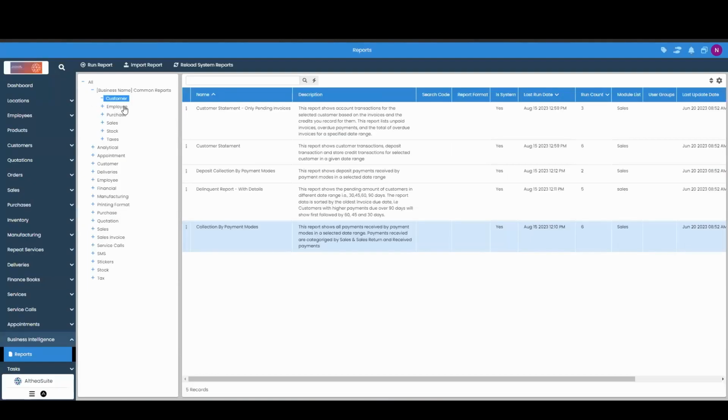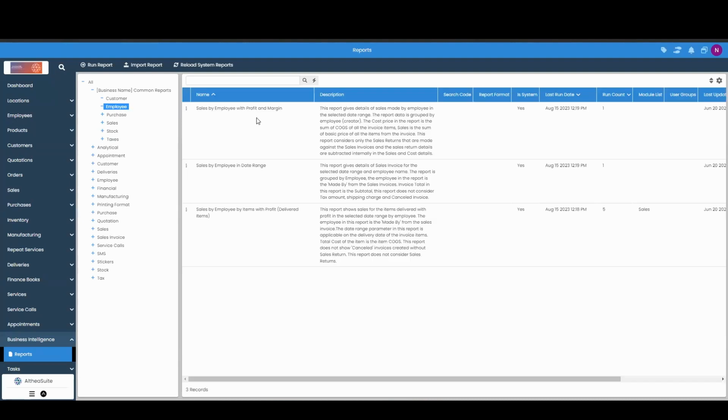The next subfolder we're going to go into is our employee folder. Here's where I can give you my sales by employee with profit and margin, sales by employee in a date range, and we can also look at our sales by employee by items that are delivered, and also sales by employee by items with profit. And these are only looking at delivered items. So if I run this first report,